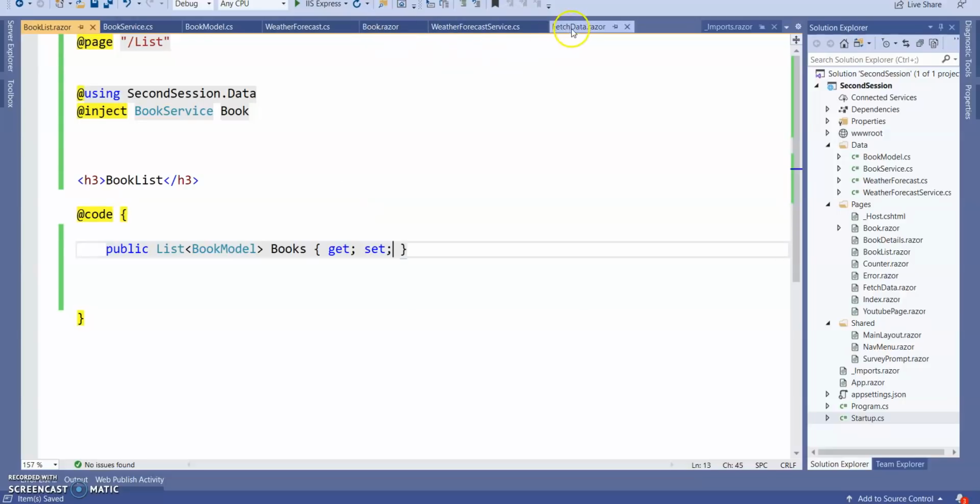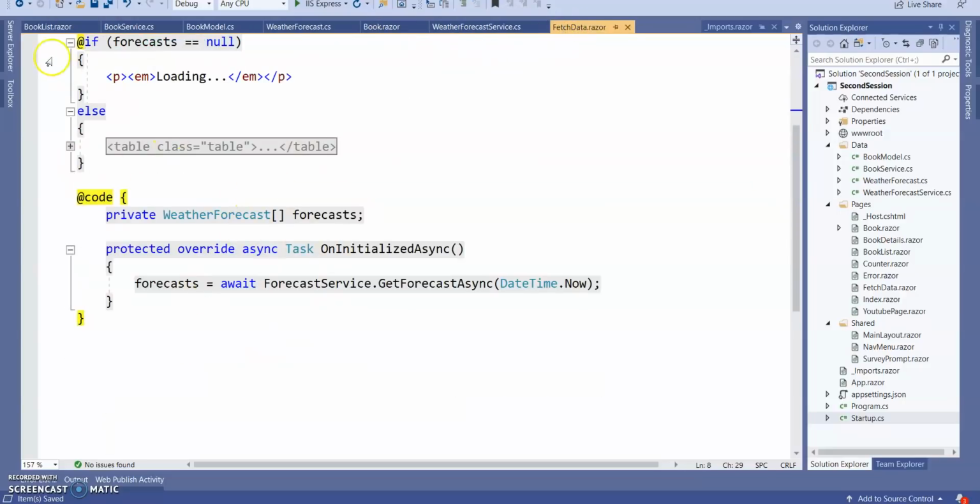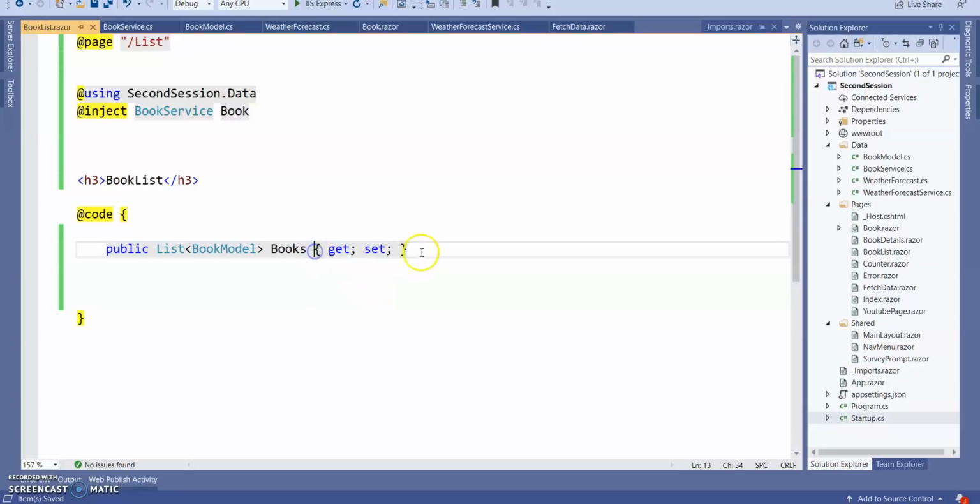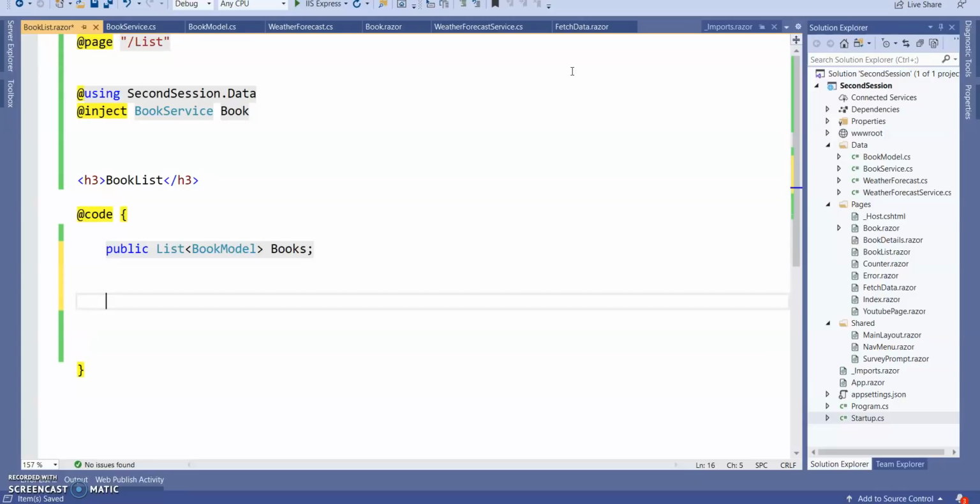Set the properties. Next, we can do OnInitialized, meaning the initialization event.